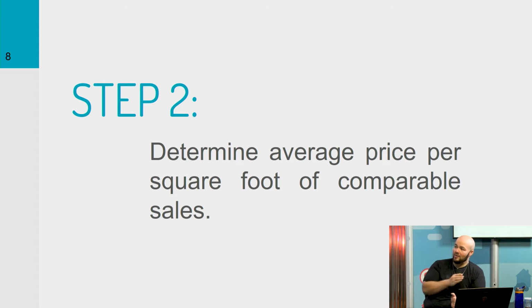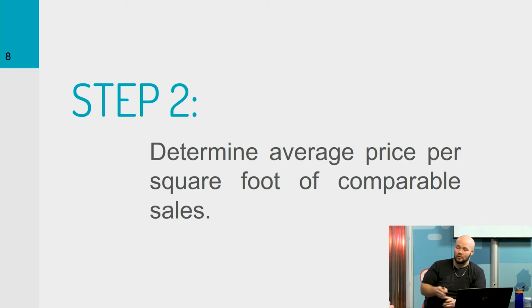Am I using that 1,000 square foot property to comp that 1,400 when I have plenty of 1,400 square foot homes to comp it to? Then maybe not. Maybe those 1,400s are selling for $96 a foot or $94 a foot. Right. And the only reason that 1,000 square foot home sold for $100 a foot is because it was smaller. Smaller homes sell for more per foot on average than larger homes. But larger homes are going to sell for more dollars than smaller homes in the same neighborhood.